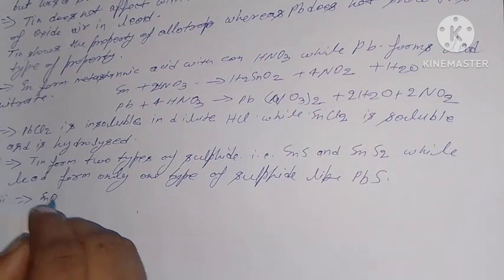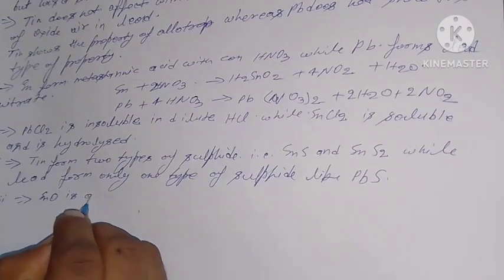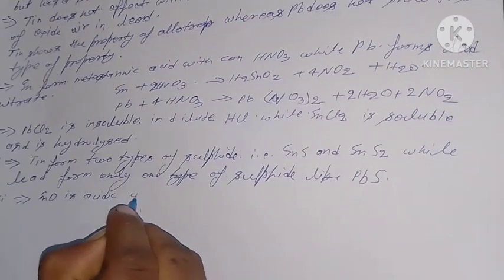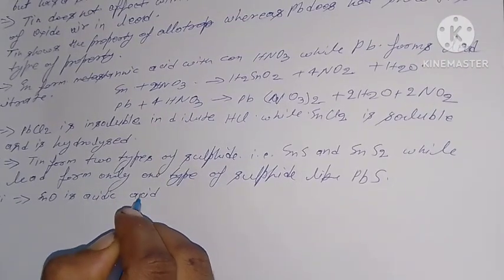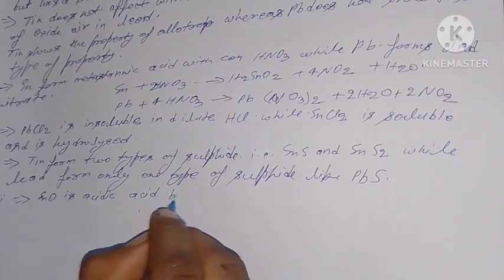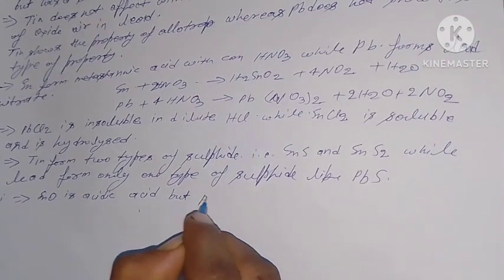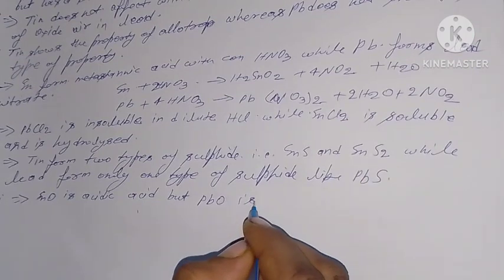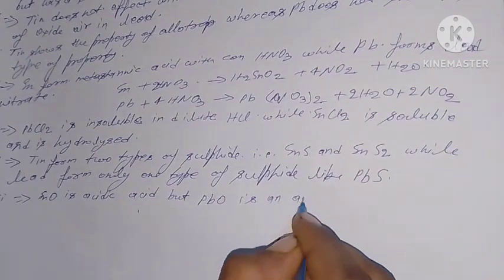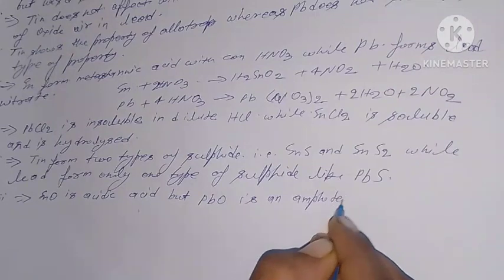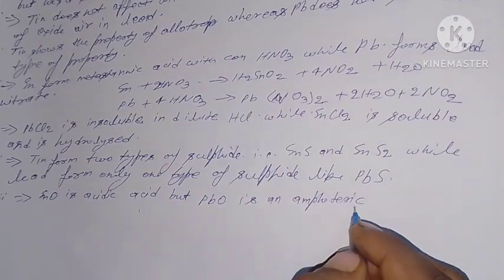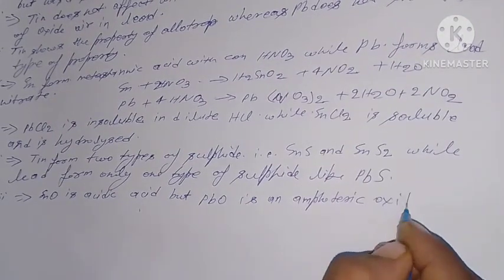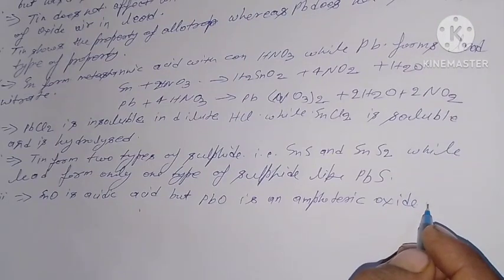PbO, lead monoxide, is an amphoteric oxide, okay. The acidic property being